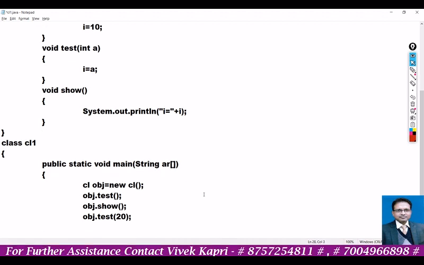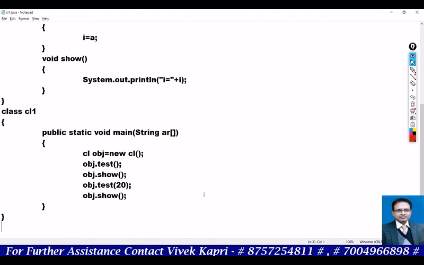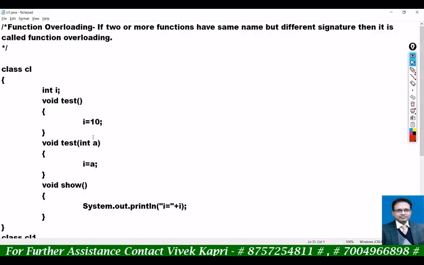So now call obj.show, save the file. i equal to 10 and in the second case i equal to 20. Okay, so this is function overloading. Let us see some examples of this function overloading concept.